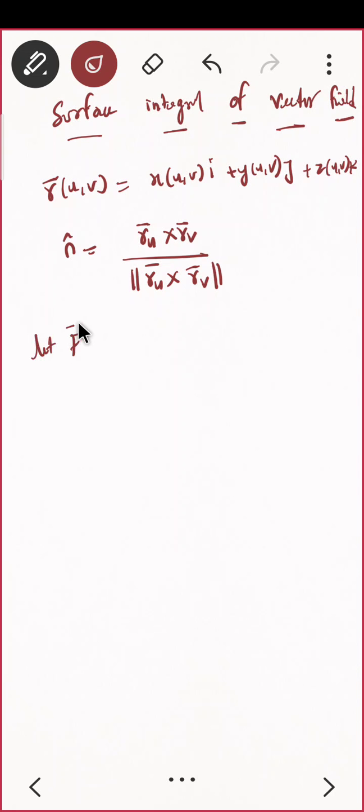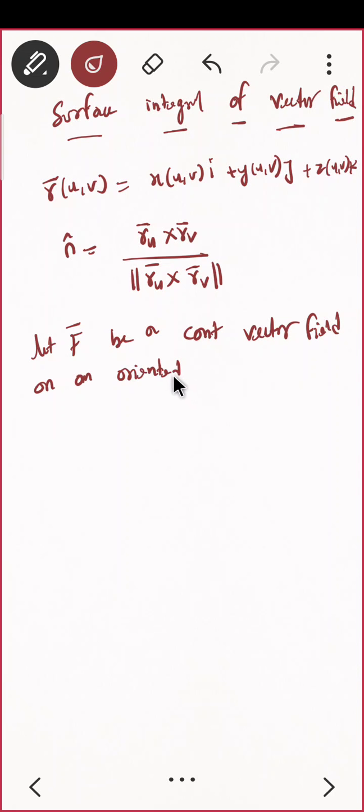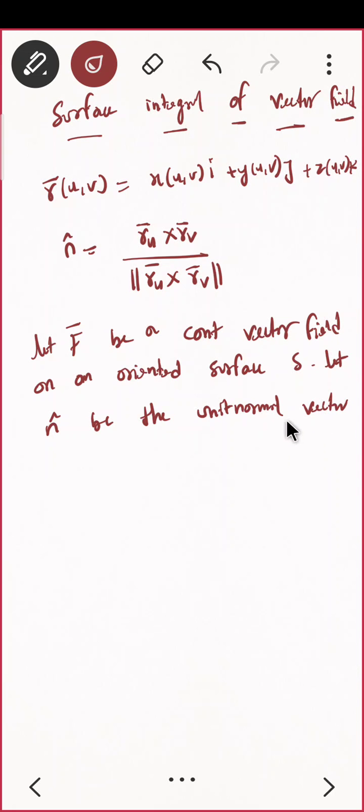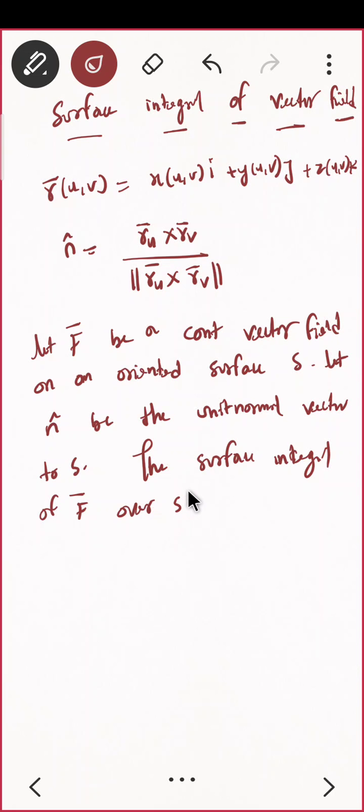Let F bar be a continuous vector field on an oriented surface S. Let n cap be the unit normal vector to S. The surface integral of F cap over S, that is also